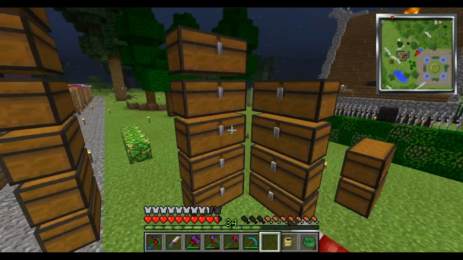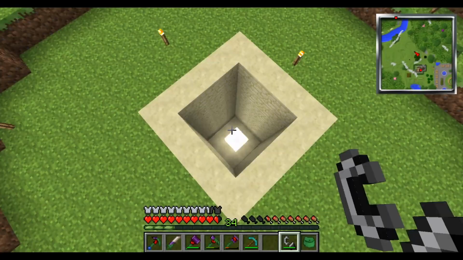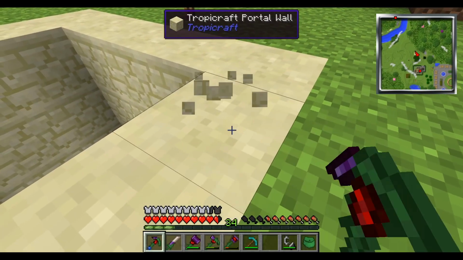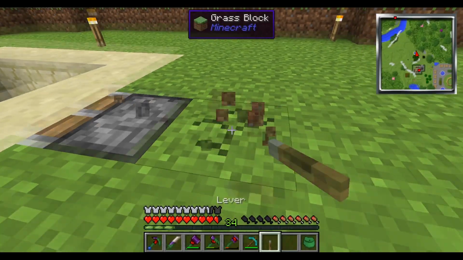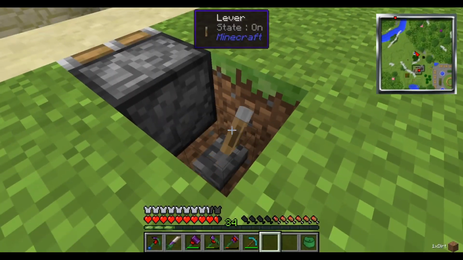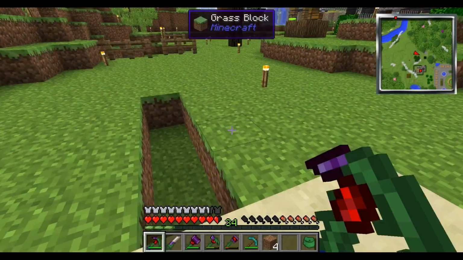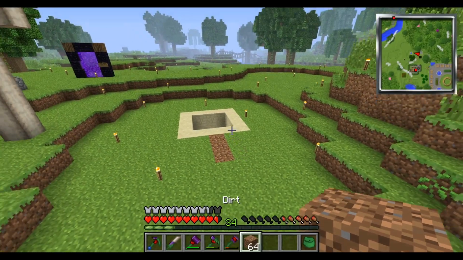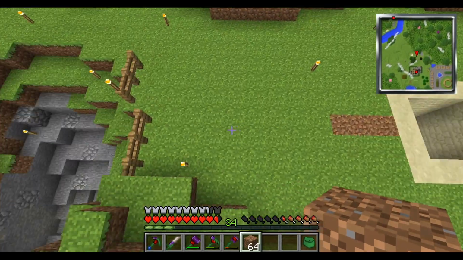I'm going to try TNT. Let's just try and let's see what's going to happen. Bad news. It seems that portal doesn't break at all. Let's try to use piston. Let's see if that's going to work. Who made this mod? I just can't believe this. It seems that we really can't break this teleport unless we are in creative mode, so we have just a